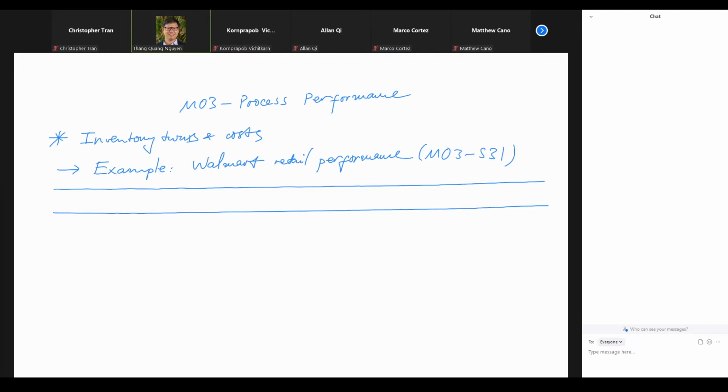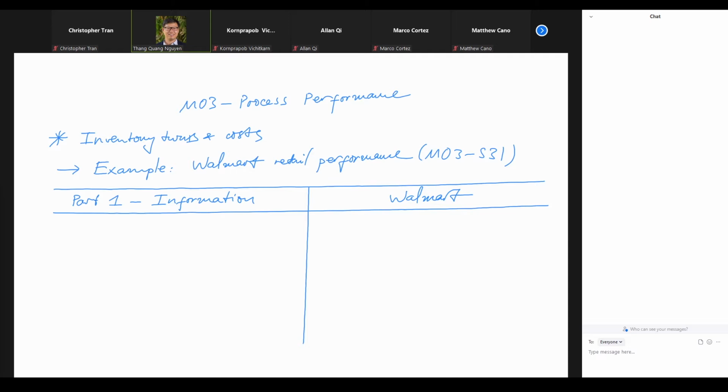So this is part 1 of the table where we have some basic information about Walmart. By the way, on slide 31, I also have the data for Target. So I encourage everybody to also try that, so that you can do the side-by-side comparison between Walmart and Target. Again, earlier we already have the revenue, the cost of goods sold, and the inventory. So today we move on to the next number